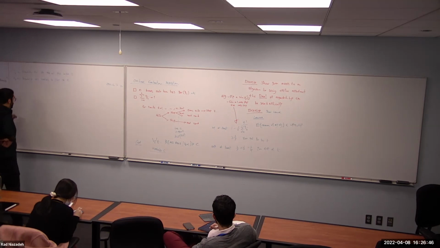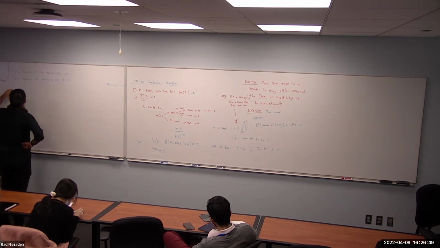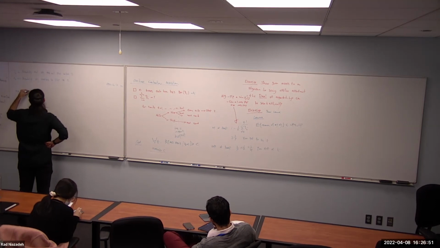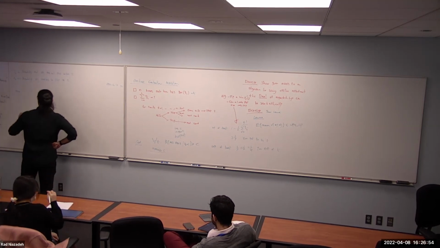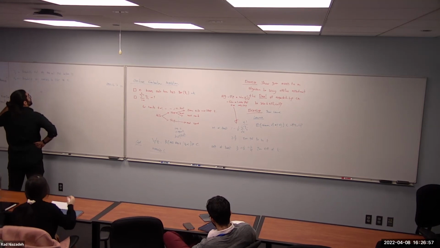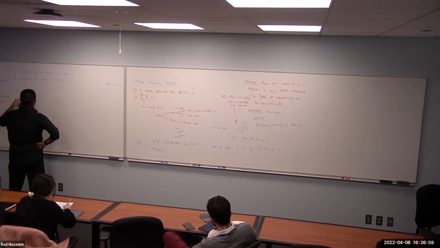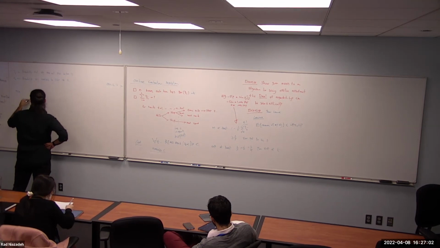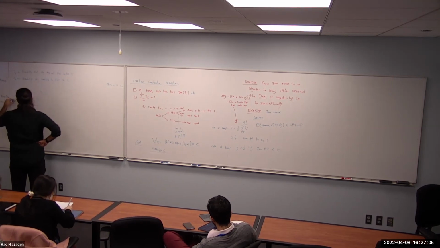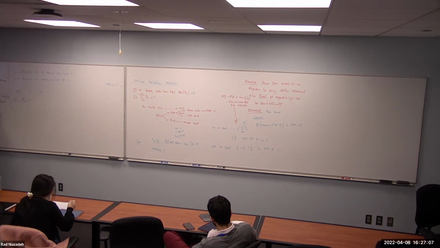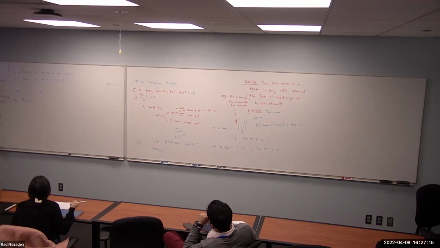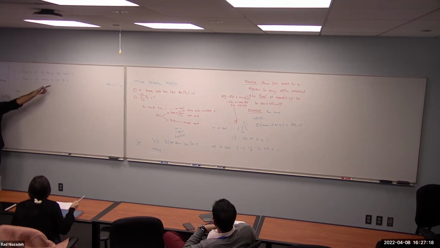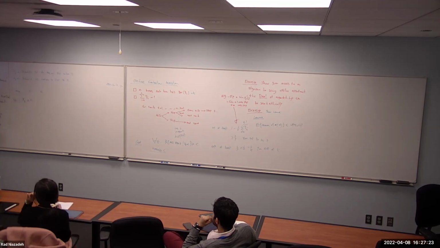Now, let me write down a linear program. So I'm trying to maximize C such that, first of all, I want xt to be at least C for any t. Because if I can guarantee that my algorithm is going to stay at every time it's called C, that means conditioned on that time being active, you're going to stop at that time with probability C. So this event that you decide to stay at t is basically an and of two events. The probability that you have reached t